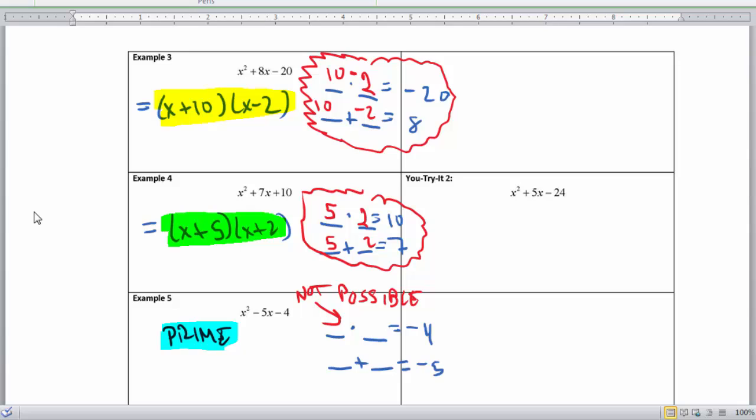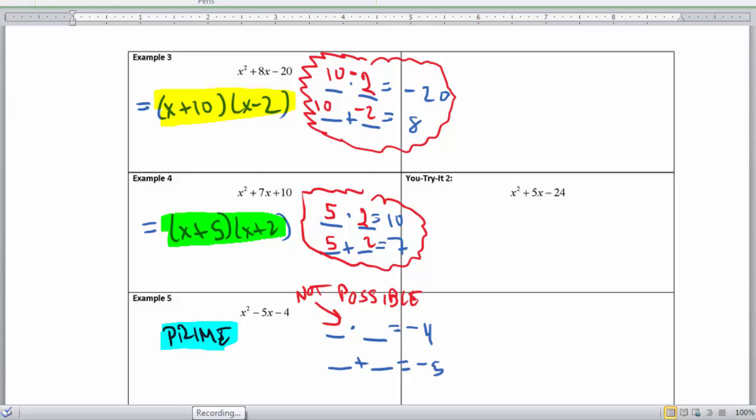That one is prime, meaning it can't be factored at all. It's just like a prime number, like 3. You can't break down 3 at all, except into 3 times 1. So 3 is a prime number. This can't be factored except as itself times 1, so that would be a prime polynomial. All right? So that's the first method of factoring, which would just be your basic x squared plus bx plus